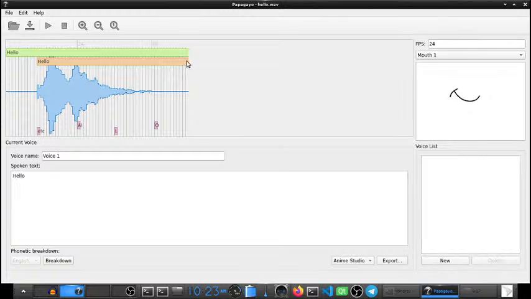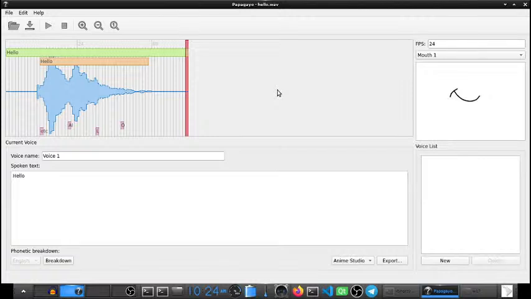So what I'm going to do is to fix it. More or less, this should be the position for the red element. So let's play it once again, and please pay attention to the mouth right here. Hello. It looks a lot better. Let's play it again. Hello. I could move it a little. Hello. More or less. Okay.